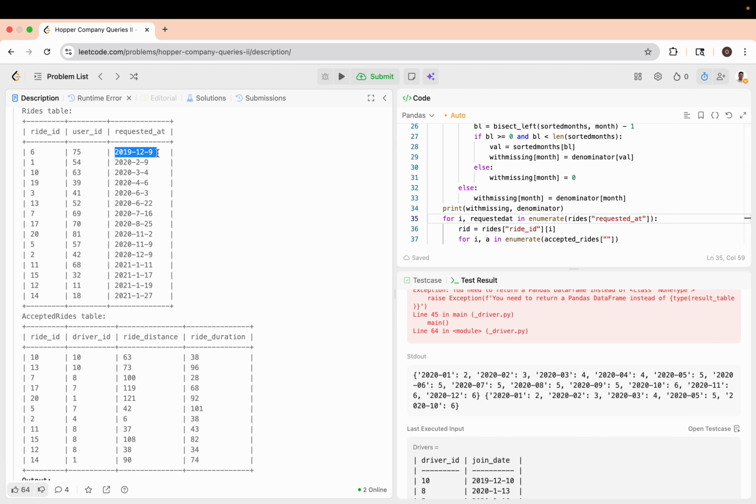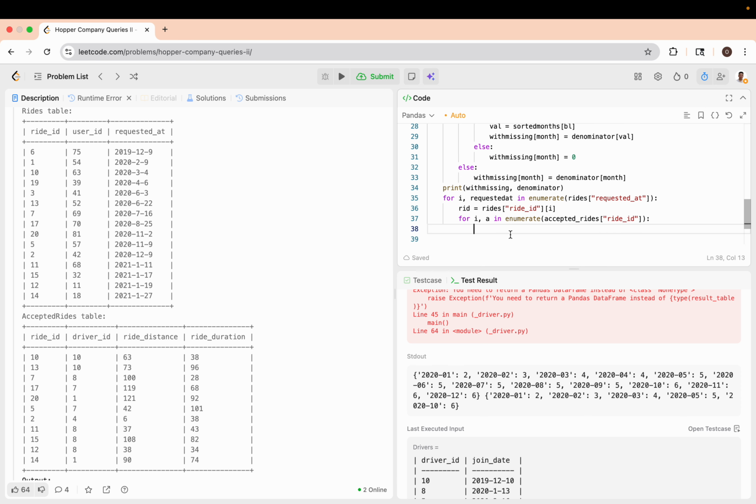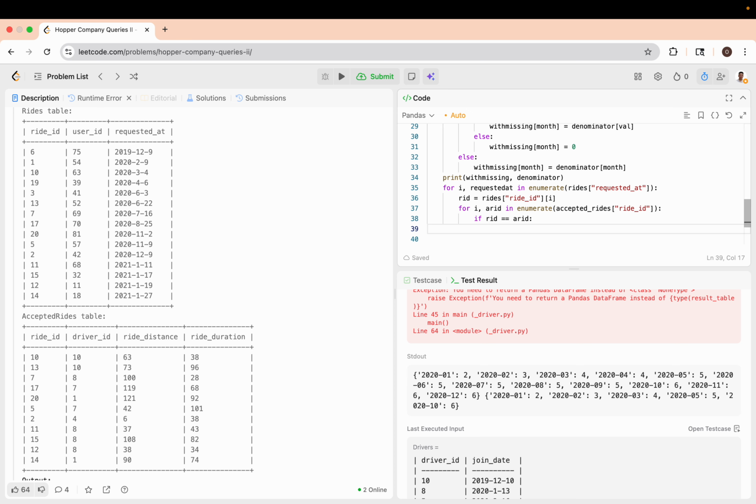If we're here, we want to be able to get this cell, and then we can just say ride ID. So let's call this ARID so we don't confuse ourselves. If RID is equal to ARID, then let's go ahead and print the